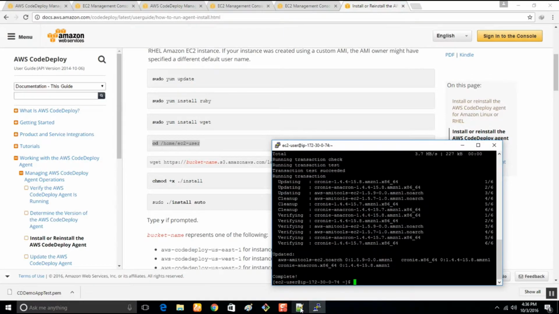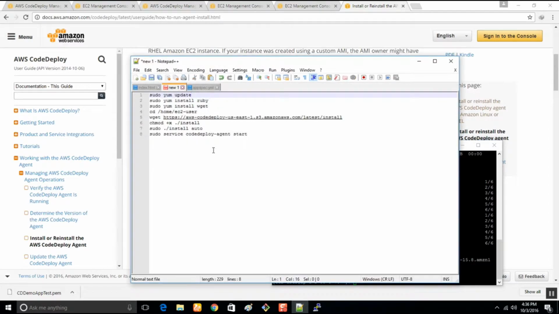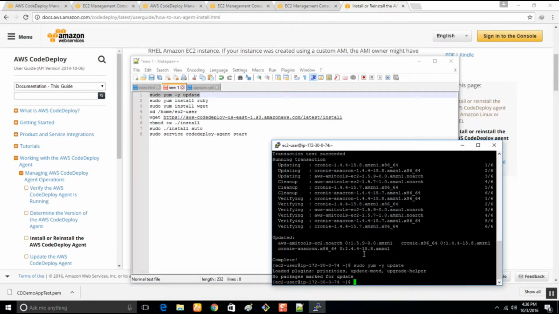Now let's try to change it. Update with hyphen y, whenever it asks. Now try to run this. This is how we debug. Nothing to update.